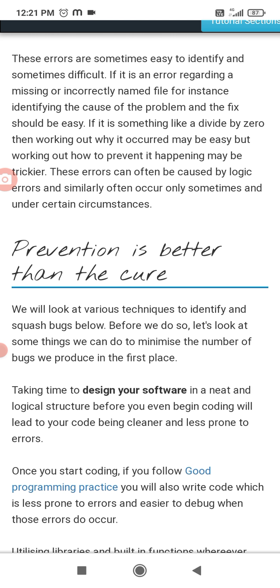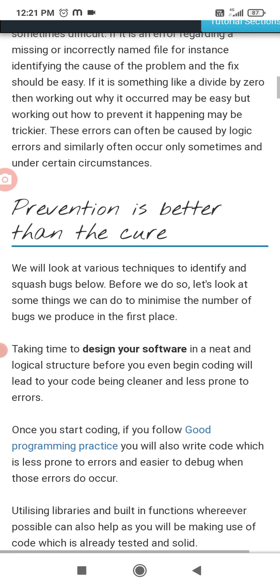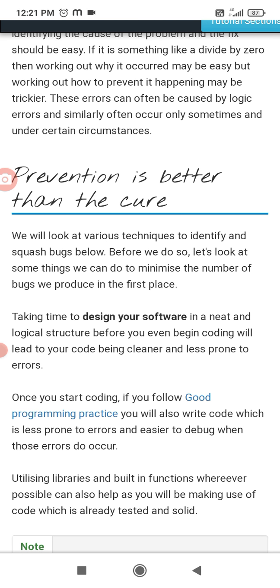Before we do so, let's look at something we can do to minimize the number of bugs we produce in the first place. Taking time to design your software in a neat and logical structure before you even begin coding will lead to your code being cleaner and less prone to errors.